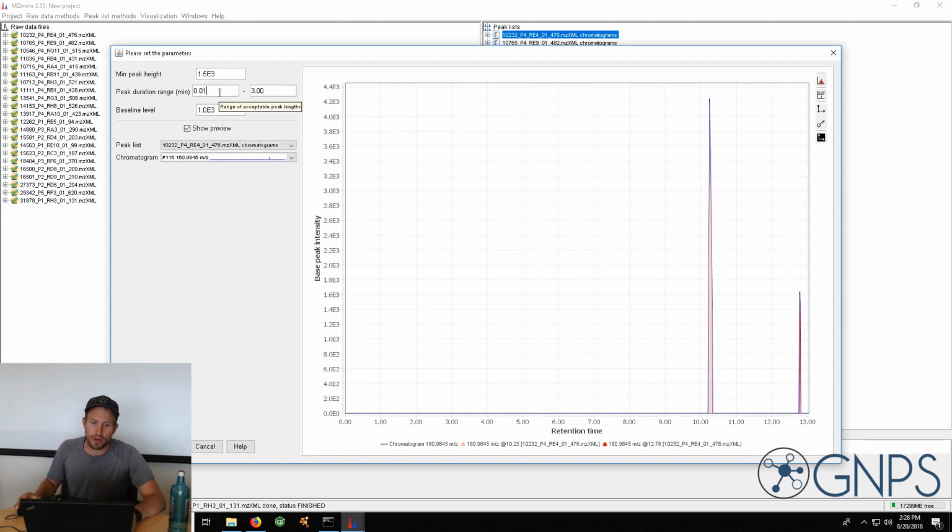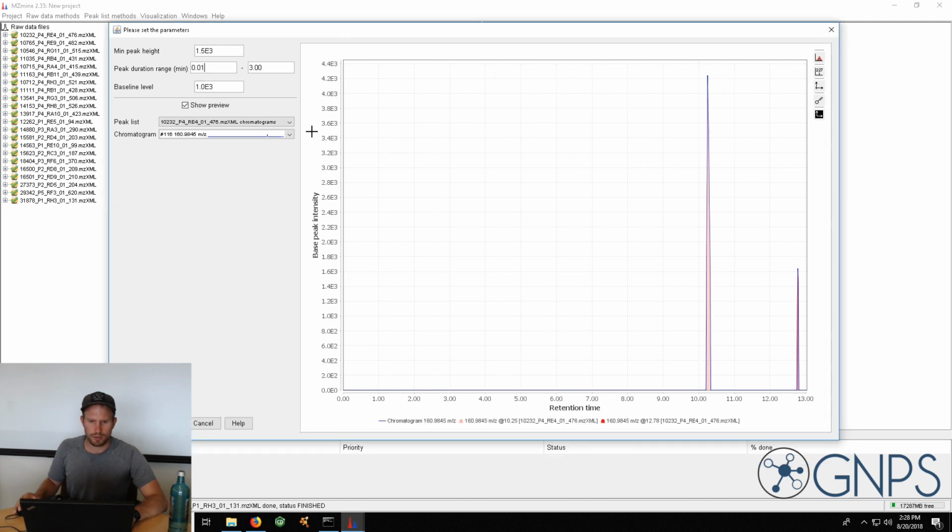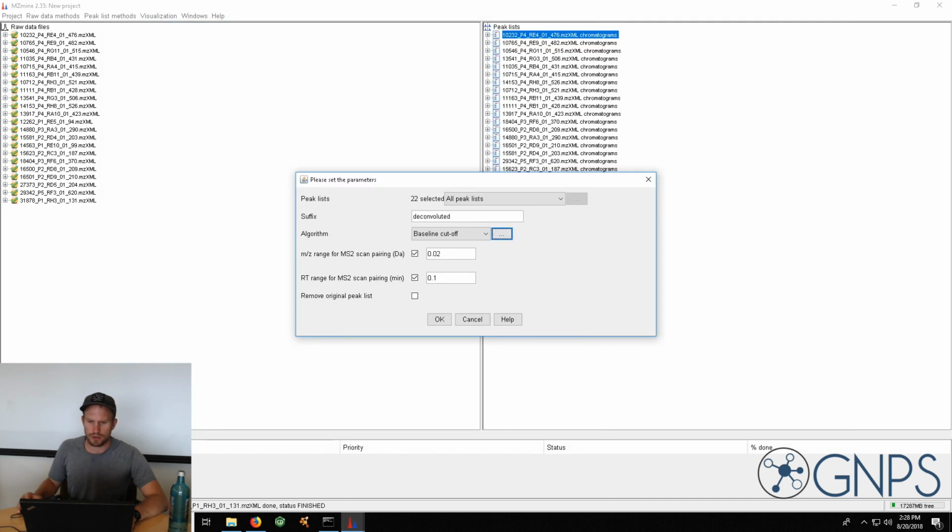If my peak duration had been larger, then because this is a very sharp peak, it would not have been detected either. So I just want to keep it as it is. And the baseline level seems adequate with the initial threshold as well. So now I hit OK once I'm happy with this, and I additionally have to specify the MS2